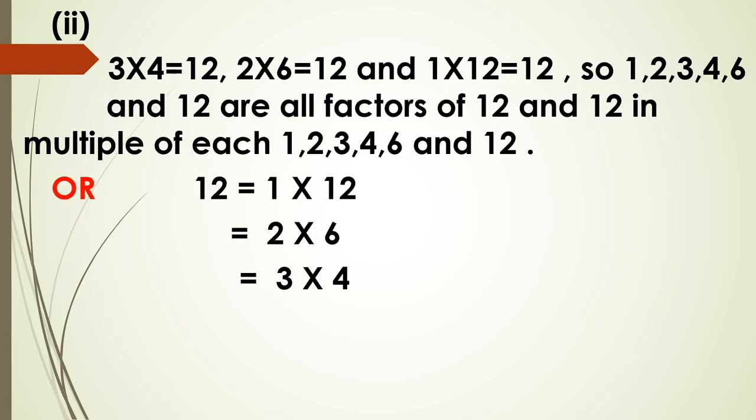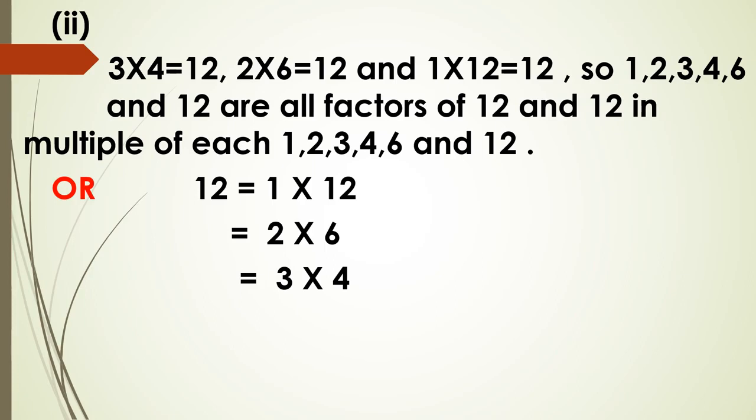12 equals, start from the smallest natural number, that is 1. 1 multiplied by 12 is 12. Then see whether 12 comes in the table of 2 or not. Or we can say, is 12 divisible by 2 or not? Yes. So 2 multiplied by 6 is also 12. Then 3 multiplied by 4 is also 12. Now 4 3s we will not write down. Why? Because when we write down 4, the numbers will repeat. 3 4s is also 12 and 4 3s is also 12. So now numbers will start repeating, so we will not write down now.